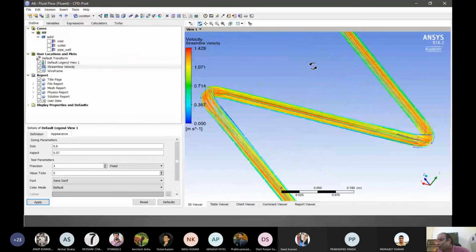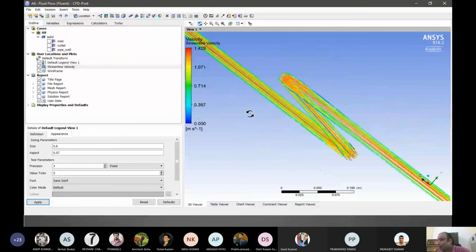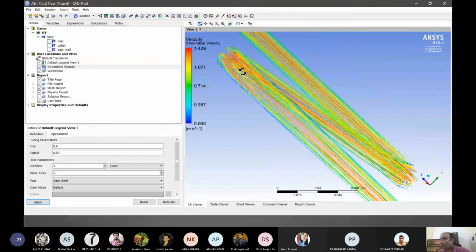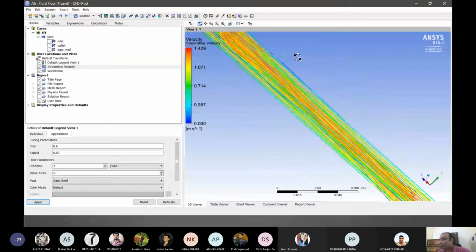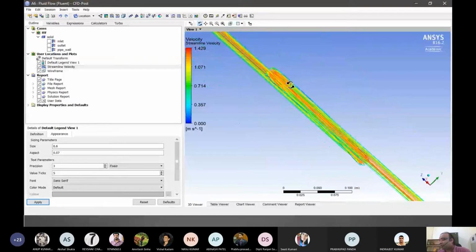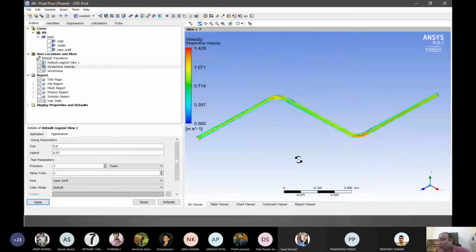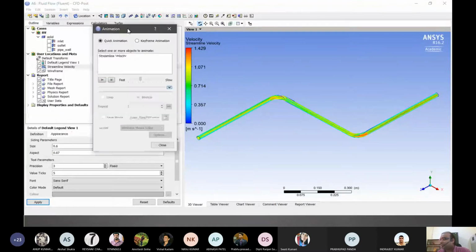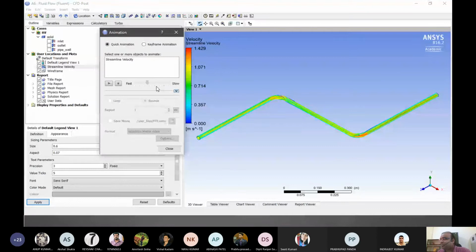These all things can be recorded. All these videos can be recorded for our project purposes if we want to show how the ventilation will happen, which are the places which have high velocities, which are the places that will have stagnation of water or the air, right? So stagnation of air basically means that if any release of methane or some similar gas is there in that zone, it won't be moved properly.